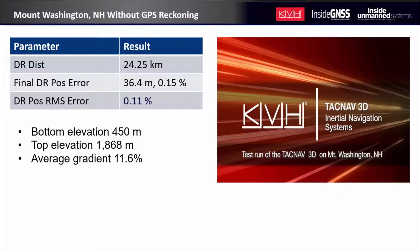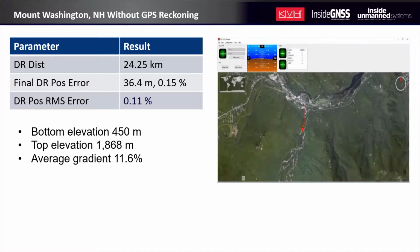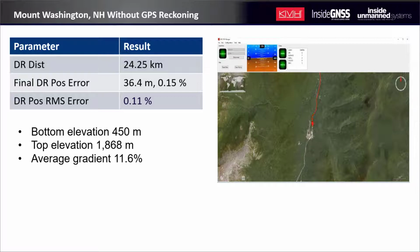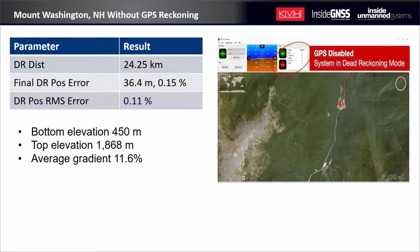Once we get to the bottom of Mount Washington, it offers a drastic elevation change and an opportunity to test our 3D performance without GNSS. Let's roll the video. So here at the beginning of the run, GNSS is enabled. We're using our GeoFog Manager tool, and notice that we can monitor the GNSS fix, the number of satellites tracked, constellations used, and so on and so forth. Here, we disconnect GNSS for the rest of the run up the mountain, and we'll track this all the way to the top. If we look deeper into the sub-menus, we can find all the raw sensor data in real time,